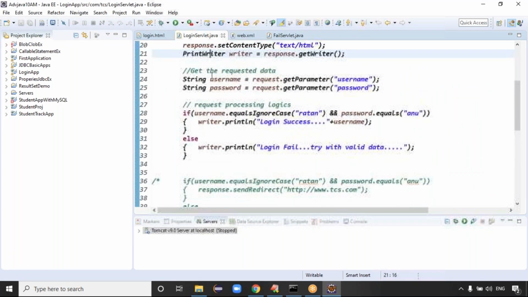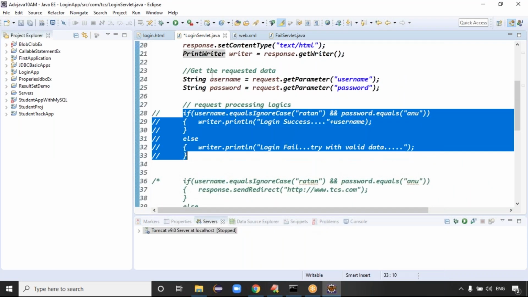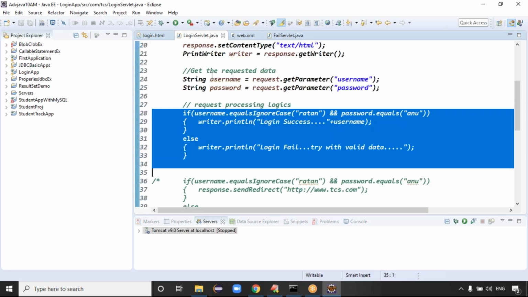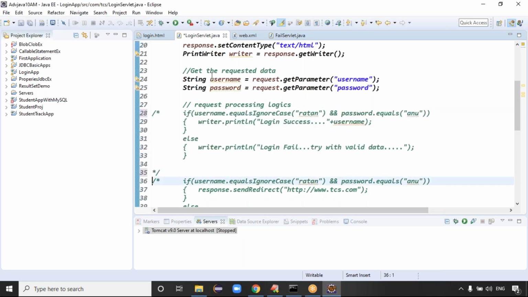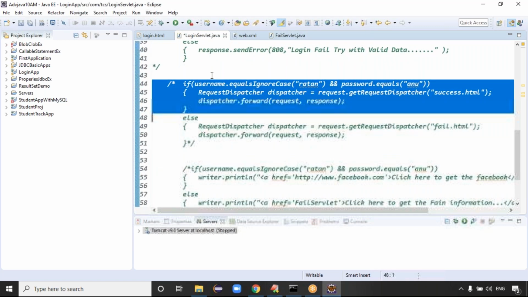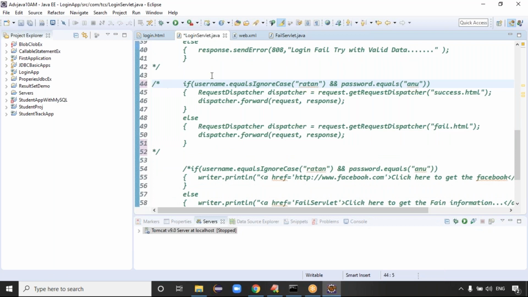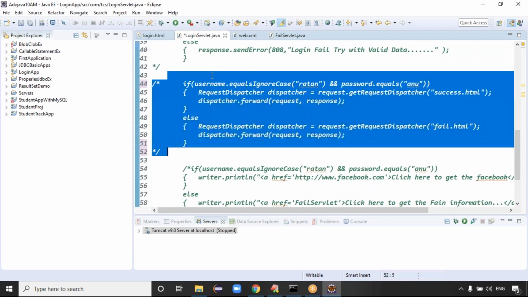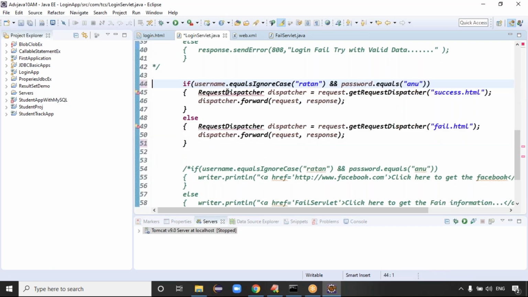So I can go for the request dispatcher object here. We already know this code. The login application processing we know already. Let me uncomment the request dispatcher object. I hope you know the remaining code, right?